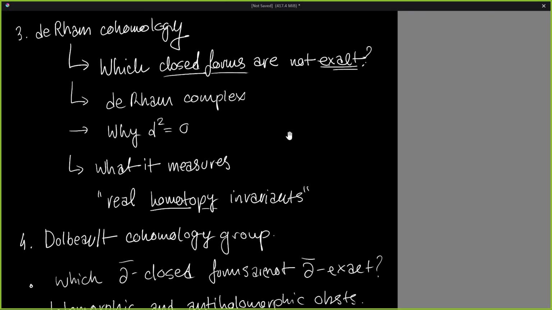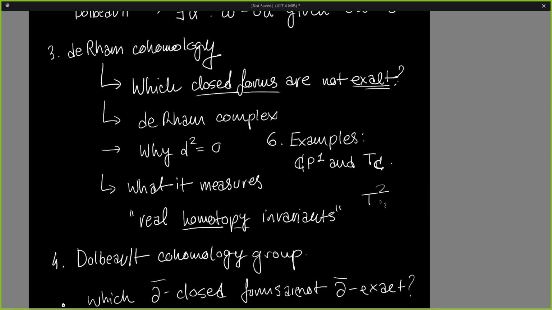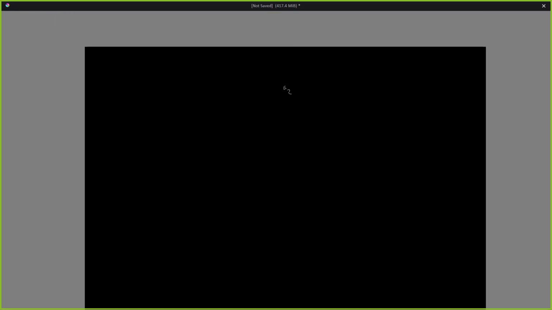And lastly, I don't want to move to a new page, so I'll just try it here. So lastly, we looked at two examples. We looked at CP1 and TC, which I call T in the notes, but I thought maybe it's a good idea to call it TC to differentiate it from the real torus, which would actually be T2. Right. So we are going to the next page anyway. Next time,